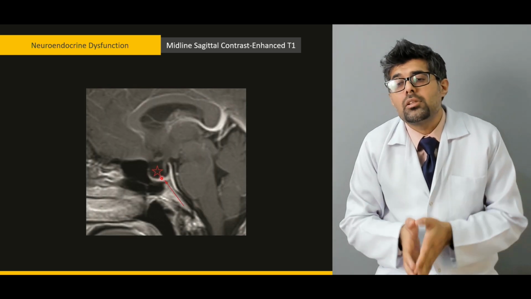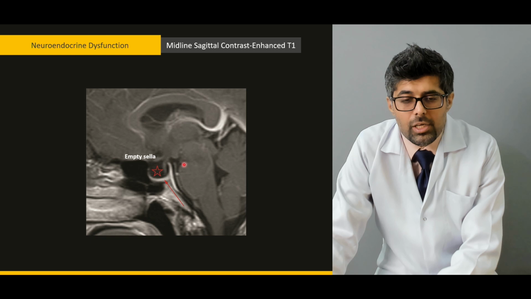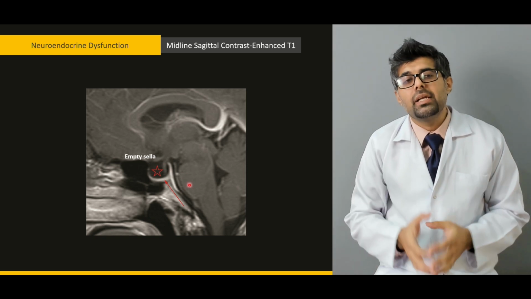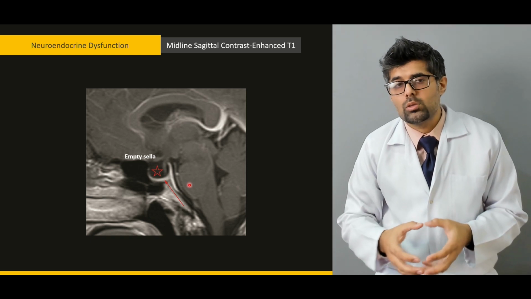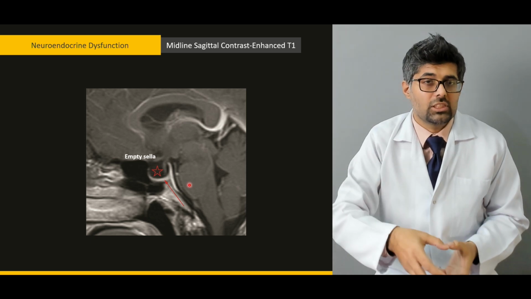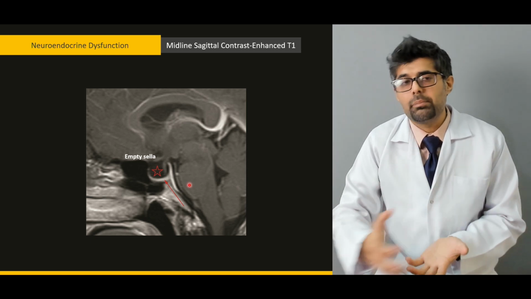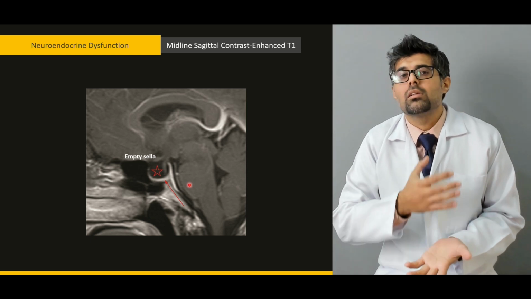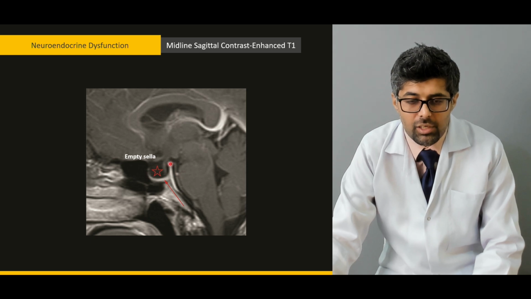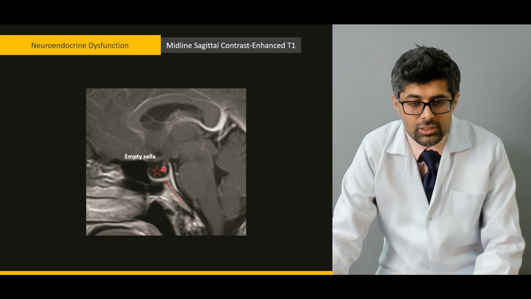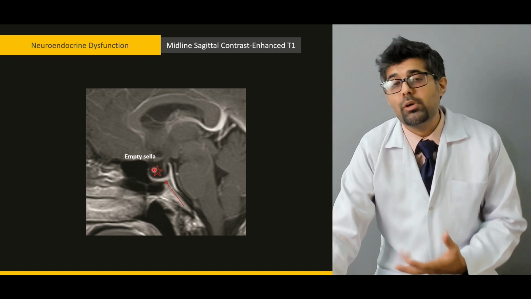Next is a midline sagittal contrast enhanced T1 weighted MRI of a patient with a very particular condition called empty sella syndrome. What happens is that the pituitary gland, because of the invasion of CSF inside its sella, inside the area where it resides, is totally swept with CSF, and because of this, the area is totally empty. As you can easily appreciate here, this is the area where the pituitary gland lies. This is the remnant of the pituitary gland, and this is the CSF, which is occupying the area which should be occupied by the